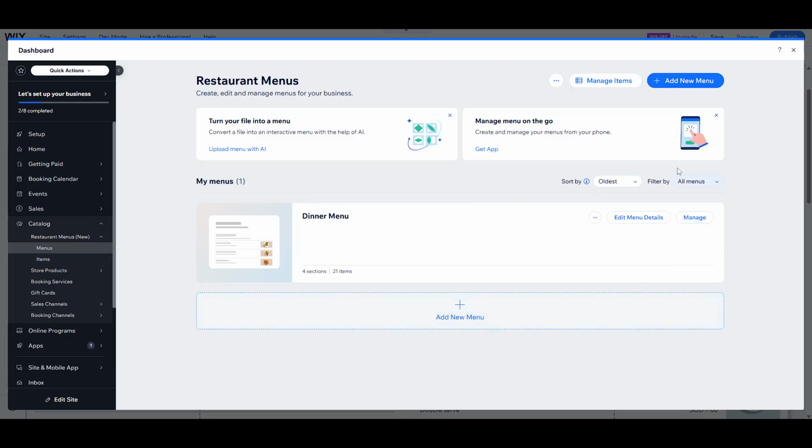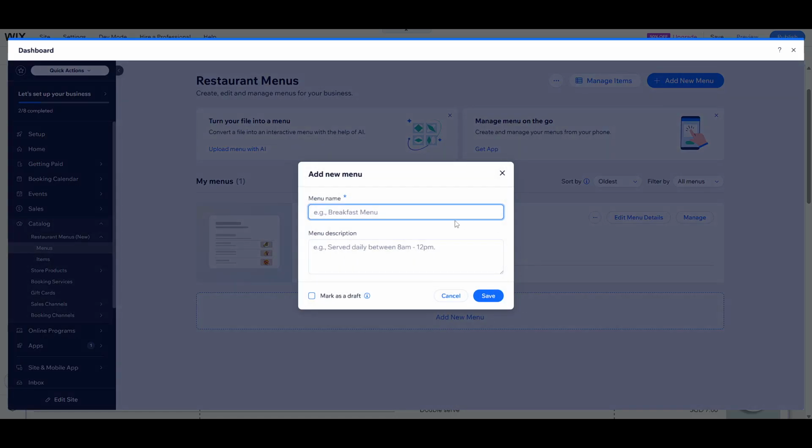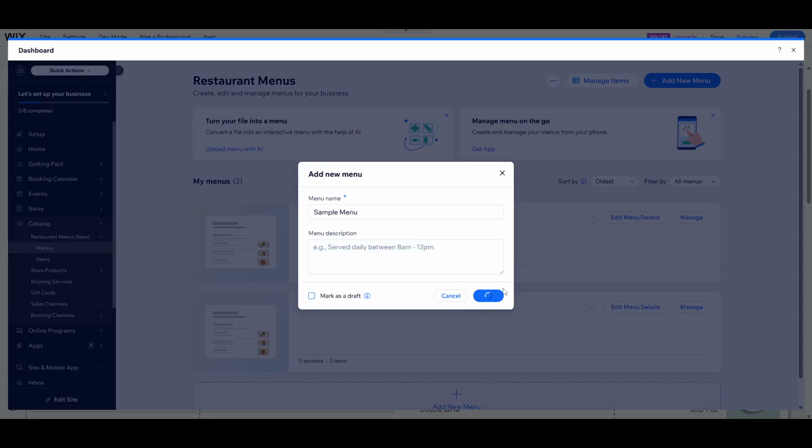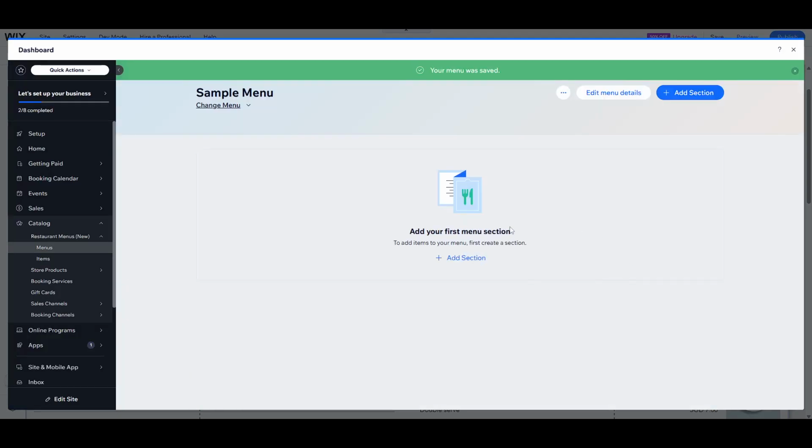Now let's talk about how to build your menu. Within the Manage Menus section, you're able to start adding different menus to suit the needs of your business. This could include different meal times like breakfast, lunch, or dinner menus, or even separate sections for drinks and specials. By selecting Manage, you can not only create these new menus, but also edit them and even craft detailed sections within those menus. This gives you the freedom to lay out your offerings in a way that's intuitive and appealing